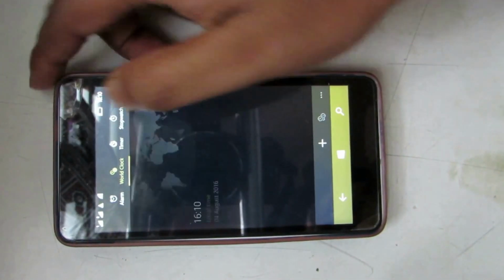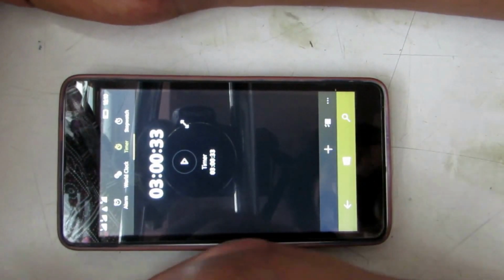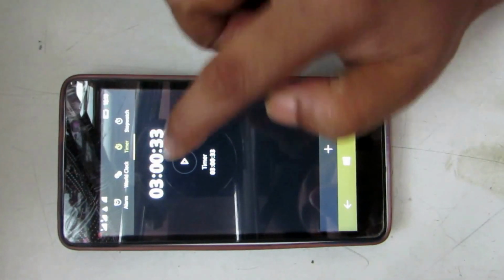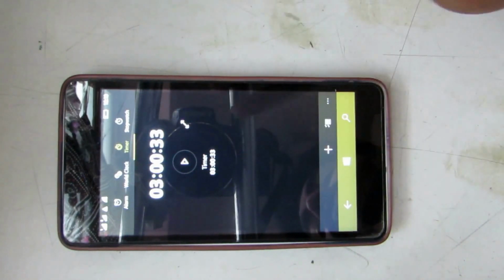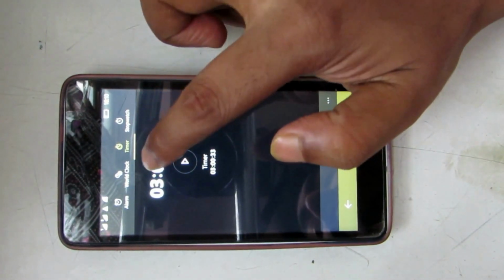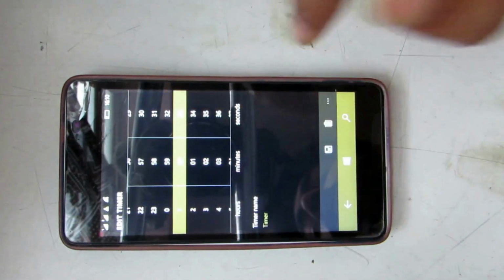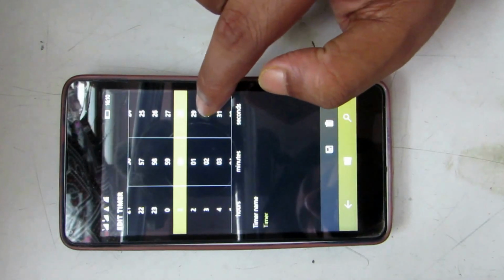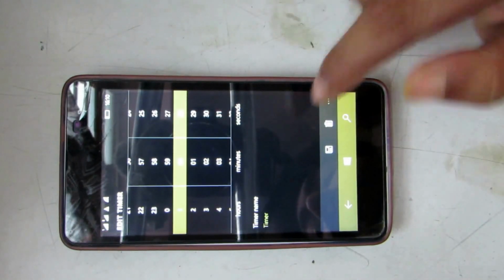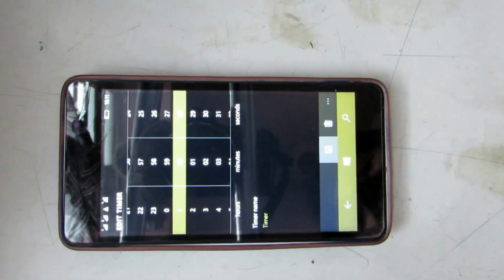Next feature, it's timer. Wow, it's a great feature I think in Windows 10. Why so? Let's start. You can put three things together. Let's see, this is the hour, this is minutes and this is seconds. Click here. You can change the timer to 1 minute and 28 seconds. Easily you can do this. Timer name, you can change it and save.